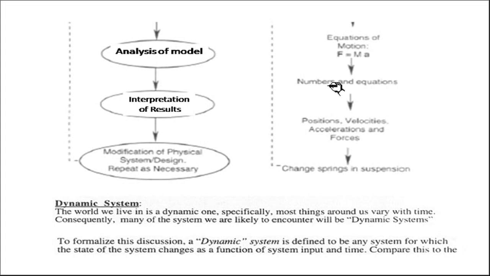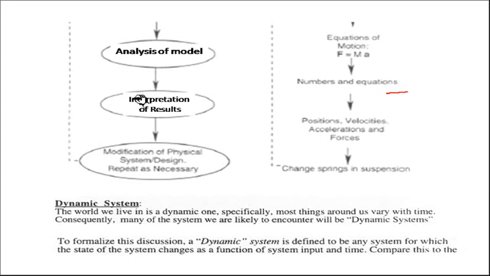So once we analyze the different forces, then we can get a number of equations for this particular system. That is nothing but the differential equations that we will get. It means we can see the variation of those different parameters with respect to the excitation. The number of equations depends upon the degrees of freedom in the system. If it is a single degree of freedom system, you will get one equation. If it is a 2 degree of freedom system, you will get two equations. And accordingly, for multi degree of freedom systems, we can have multiple differential equations which will represent the motion of that particular system.